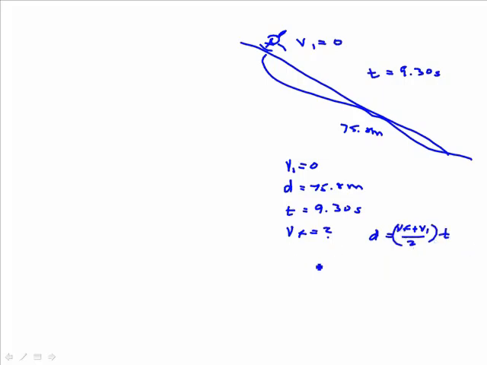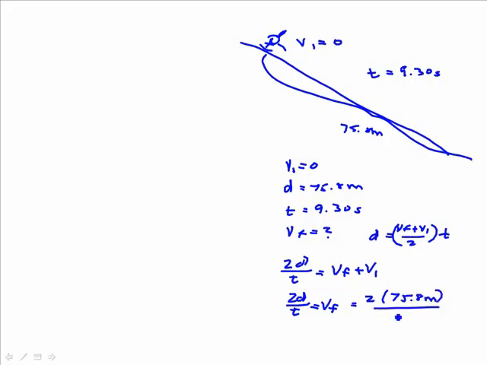We have to solve for VF, and so 2D over T equals VF plus VI. I multiplied both sides by 2 and divided both sides by T, and that left me with VF plus VI. Then I subtract VI from both sides. Well, since VI is 0, 2D over T equals VF. VI is 0, so 2 times 75.8